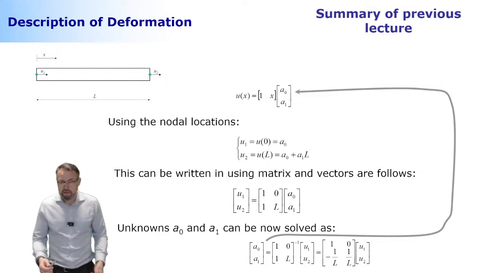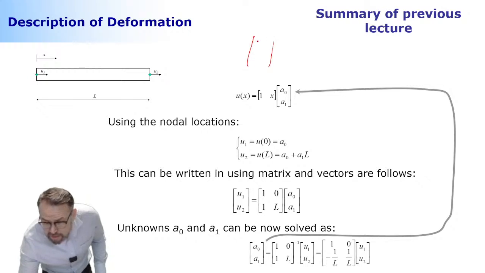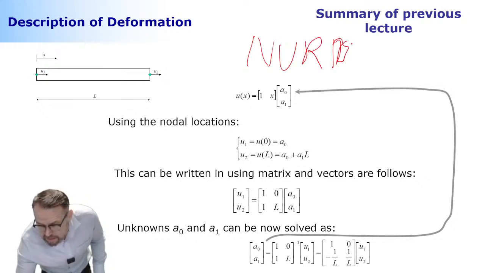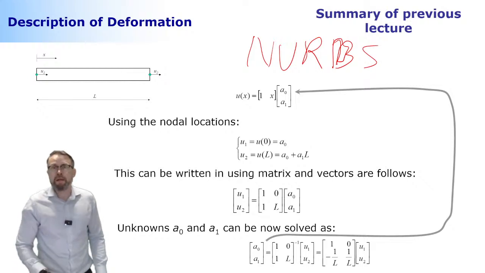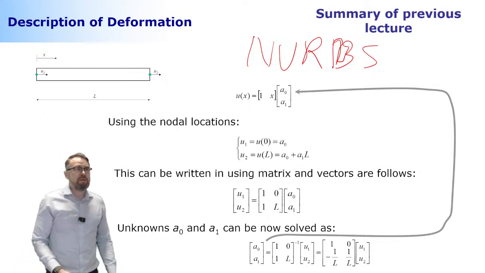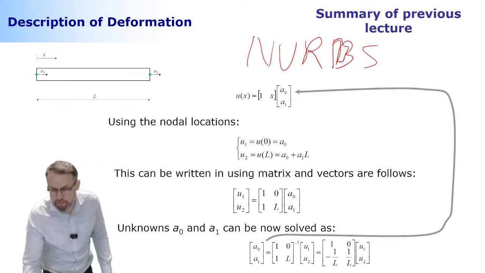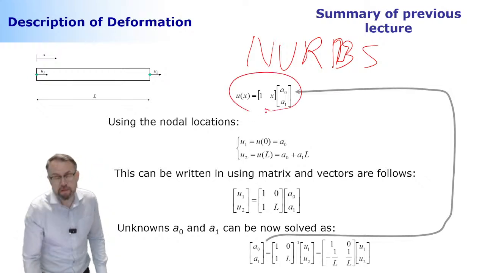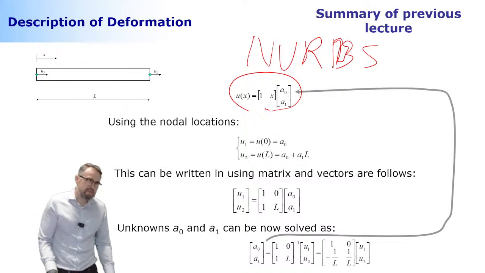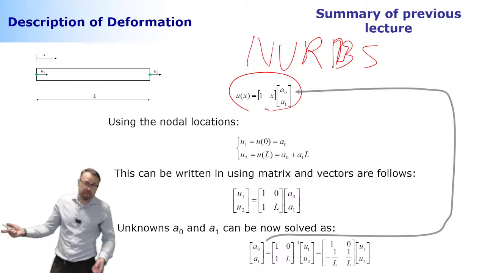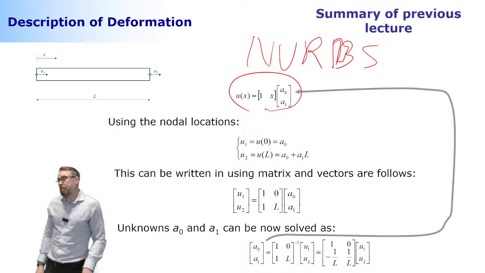The CAD software are all based on NURBS, non-uniform rational B-splines. Each of the CAD software uses NURBS technology. Now, there are extensions of the finite element method where, instead of using polynomials, you're using NURBS. And that gives some advantages, in that the meshing is going to be more convenient. Here, we are not going to dodge that. So we're just going to stay with polynomials.